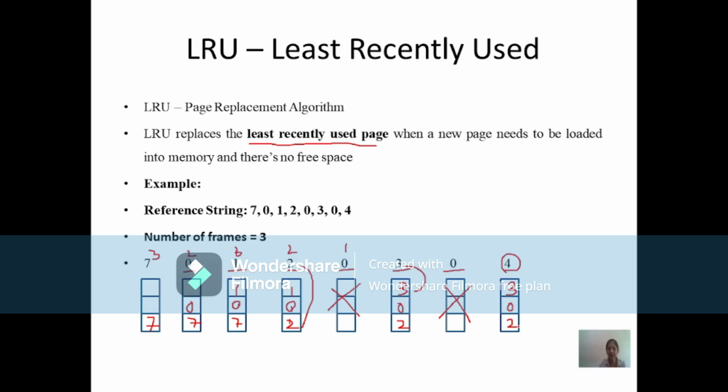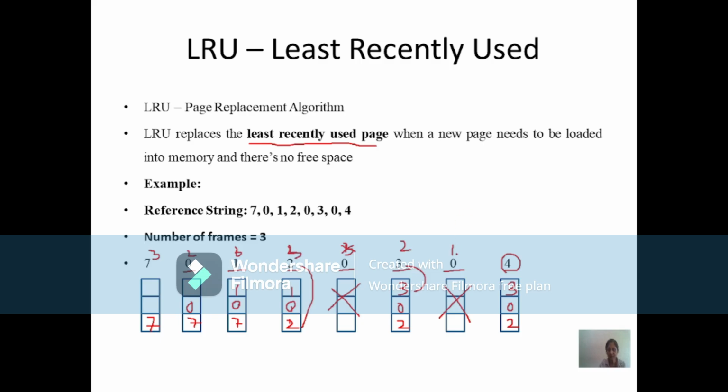So once again we have to make room for page number 4 and we need to find the victim page. So let's go back 3 steps. 1, 2, 3. Now in this case you see that 0 is repeated. 1 is also 0 and 3 is also 0. So we'll just ignore this repetition and go back and now 2 is at the third step.